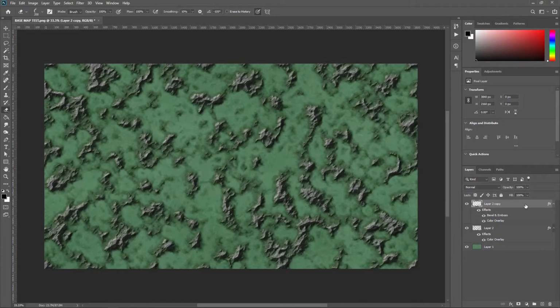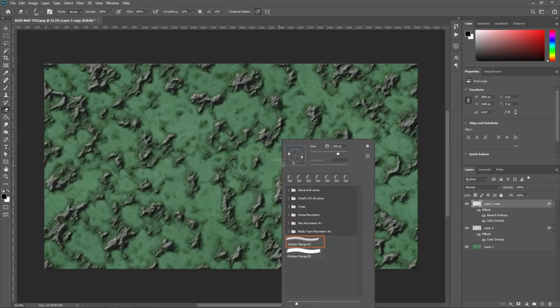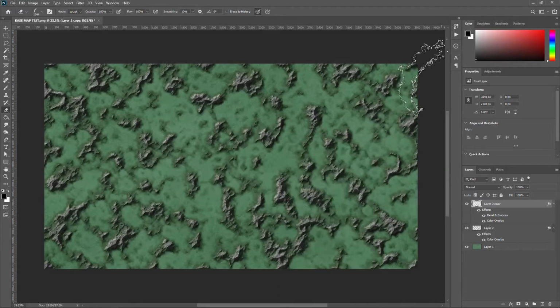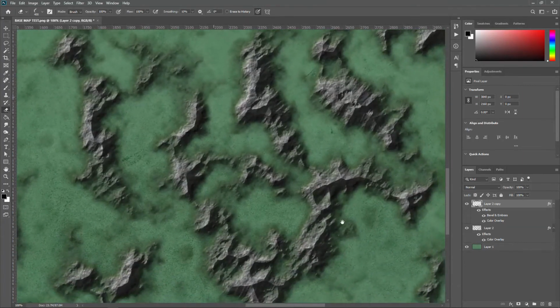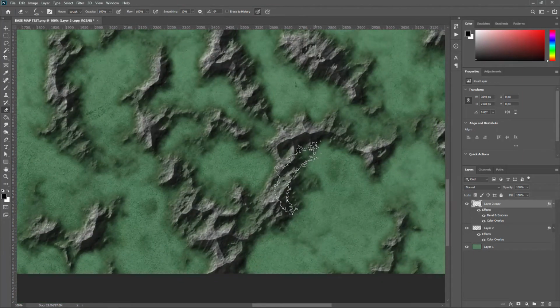Bust out your eraser after you have this bevel and emboss. This is a brush that I made. It looks kind of like that. Maybe I'll get some brush sets out to you guys. I might even release my mountain asset brushes. This one is really good for tweaking your mountain ranges. So if you want more of those hills to show up underneath,